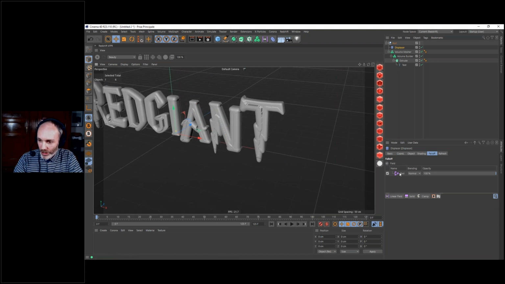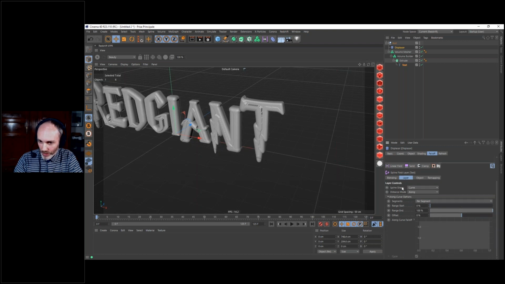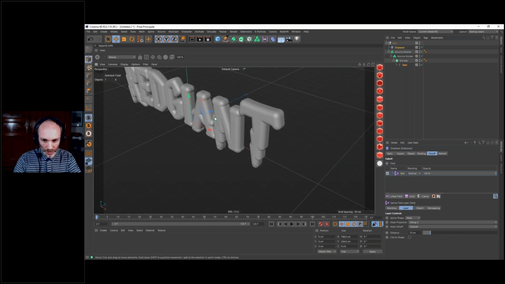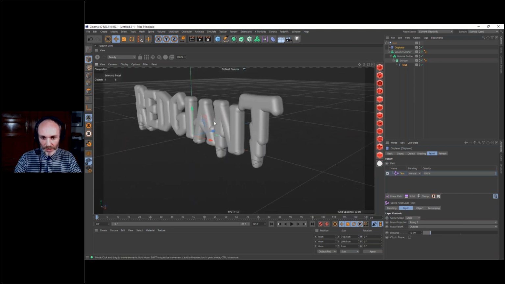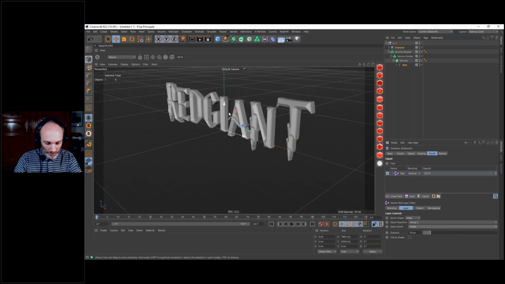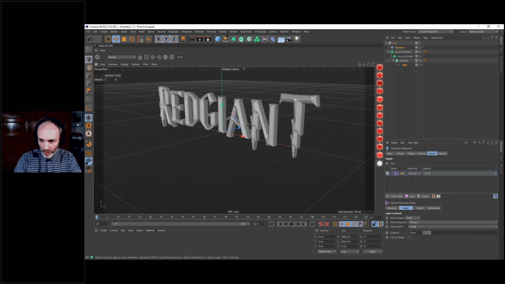Because we need to change here our text, we have the option of our field, and I don't want to create something along the curve. I want to create it as a mask. Okay, still not working because I need to specify the mask projection. So along Z, always check your axis. Z is this direction, so that's fine. But if our text had been laying on the ground, I would have needed to put it on the Y axis. So here, because it's in front of us, Z axis is perfect. But mask falloff, we need to put it inside. And here we are, we have the effect we were after.